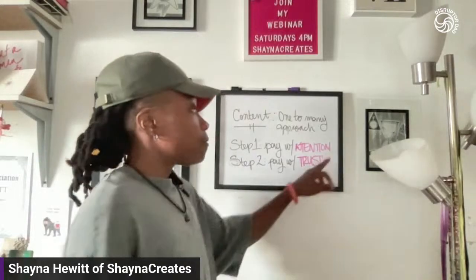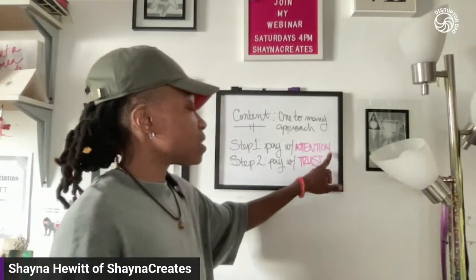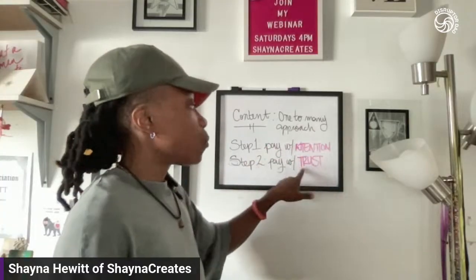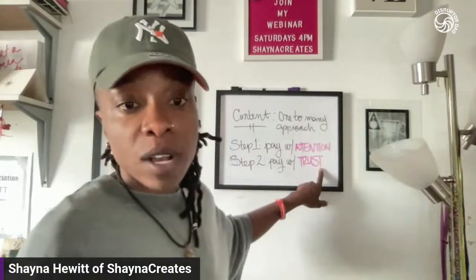So, first, our leads, they pay us with attention through the content. And when they watch the content, we automatically gain trust. So now this is not something that we have to do one to one. Why is this important? Because our values are as well is our attention and our time, right? So if you're spending an hour in a conversation speaking with someone only to find out it's not the right fit, I mean, we're going to have to do that sometimes and that's going to happen.